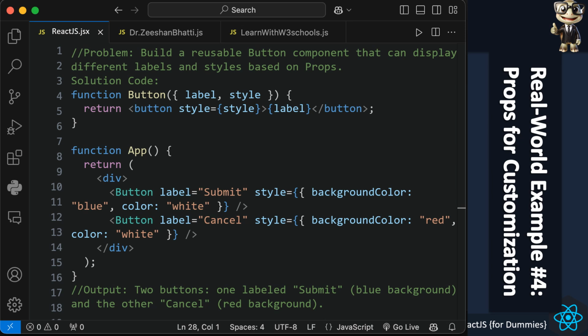Now, let's look into one more example. In this case, the problem is that we need to build a reusable button component that can display different labels and styles based on the props. So based on what I provide in the props, the buttons need to change. The props are perfect for customizing components. Here we create a reusable button component. It accepts the label and style as props